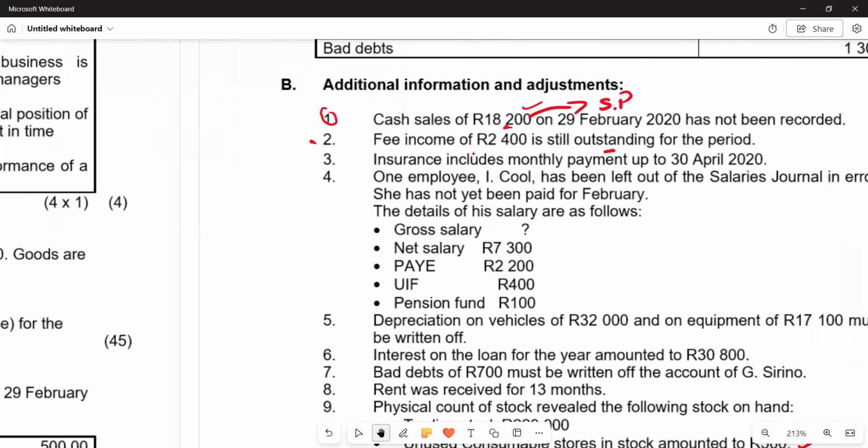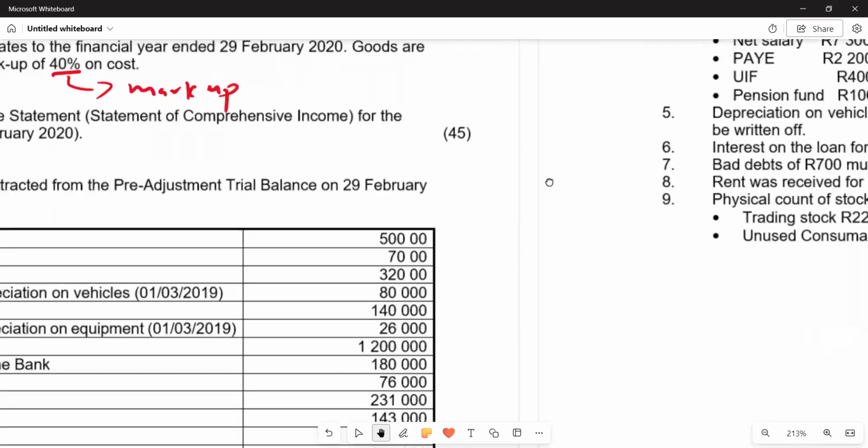So an amount outstanding, an amount owing, it means the same thing. An accrual, it means the same thing. We need to add it. So the opposite is true. When I talk about prepayments now, we need to subtract it because those are amounts that don't belong to this period. So in this case, we add our 2,400 to the figure for fee income that we have there, which is